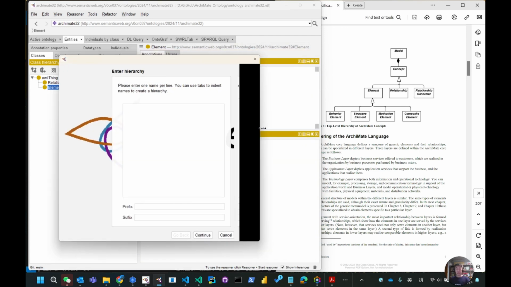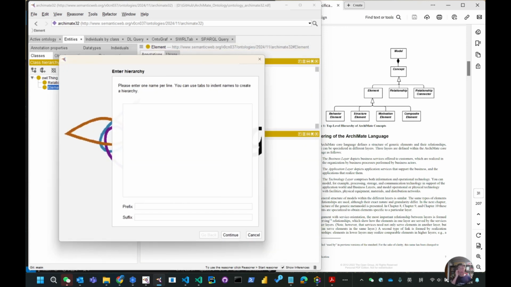So you can use some way to make some help, like a suffix. So I will create the element. You can see I use underscore: behavior, structure, motivation. And for the same reason, the relationship connector for this composite element, because they don't have